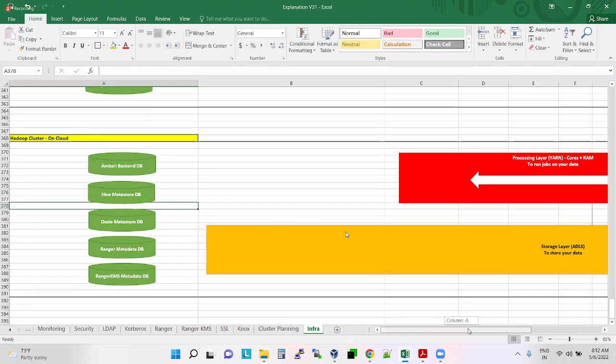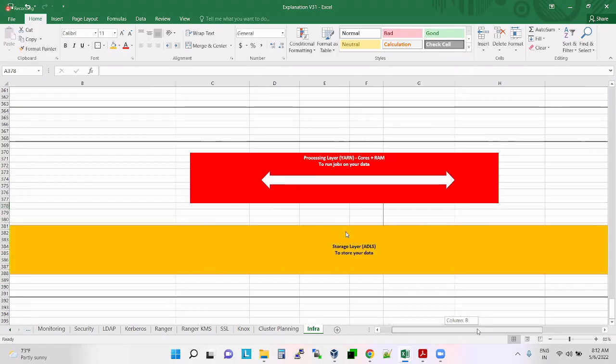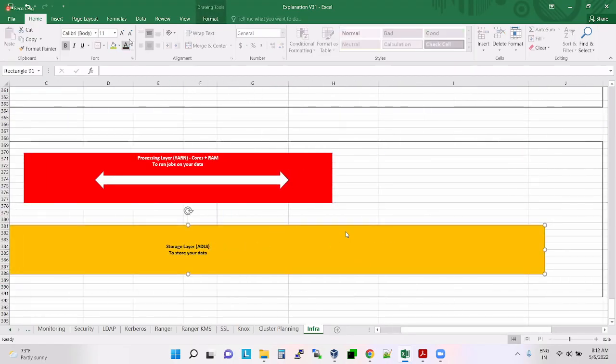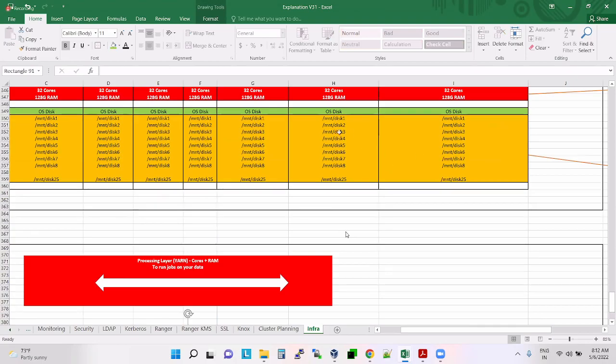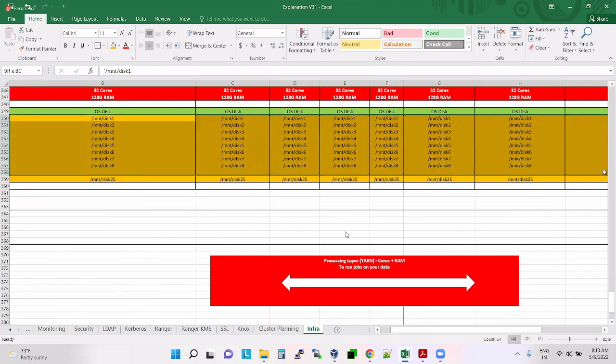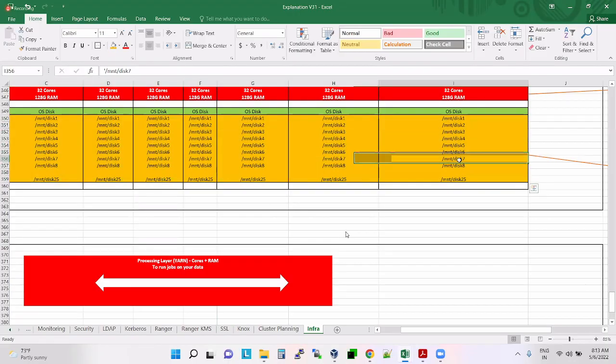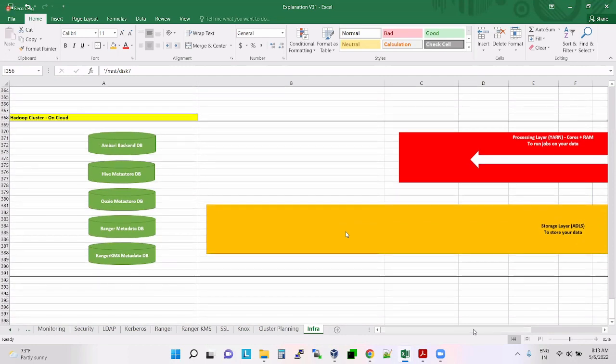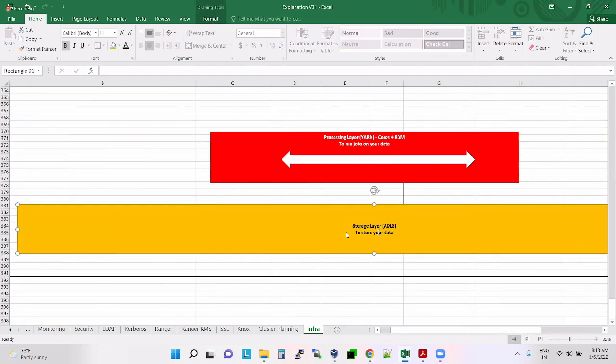Here you will have a storage layer, I'll put it as green. So this is the storage layer, but in the cloud we use ADLS as the storage layer. This is your distributed file system.